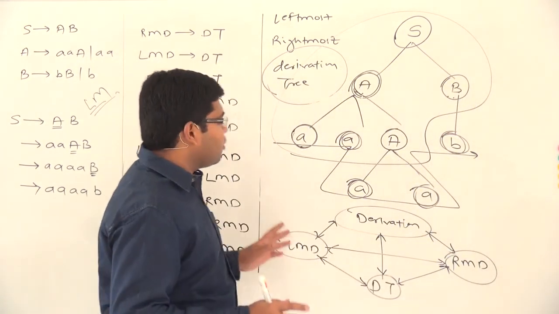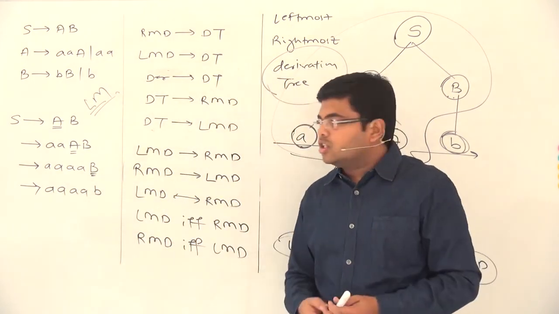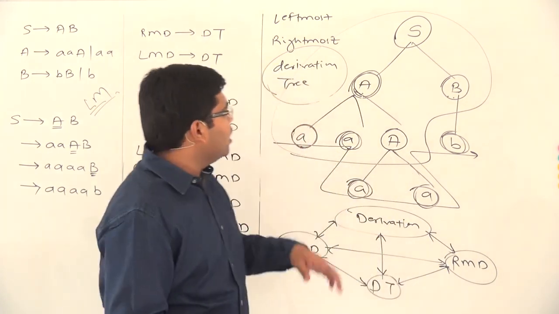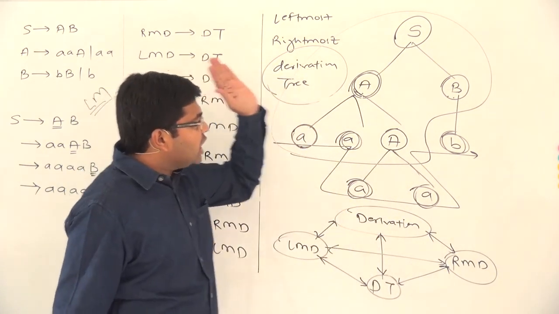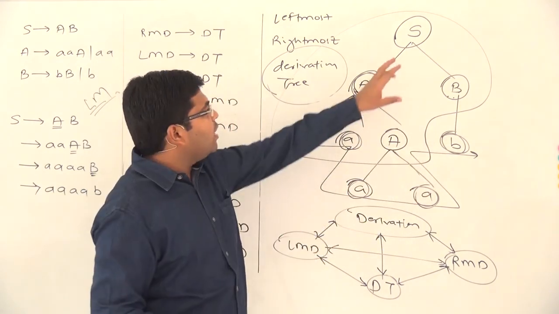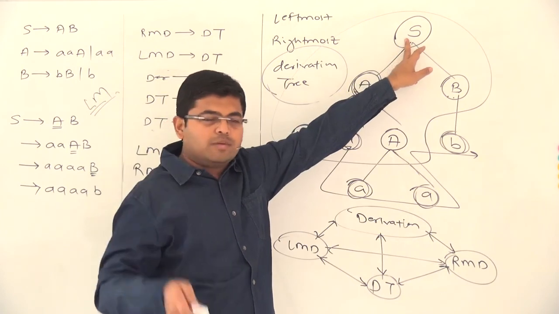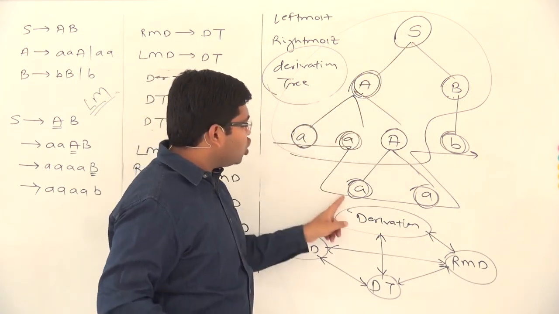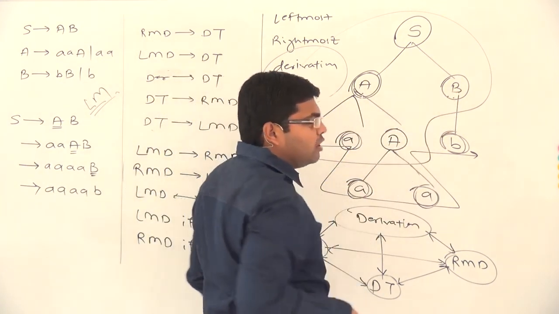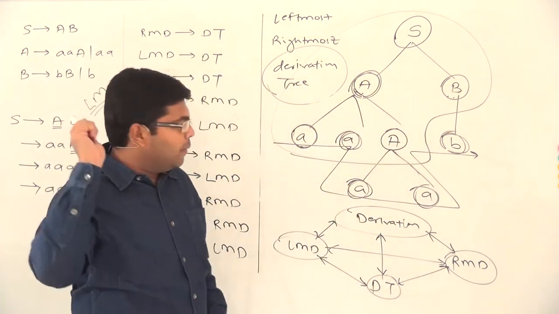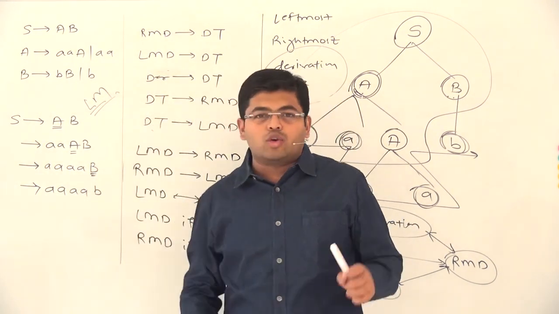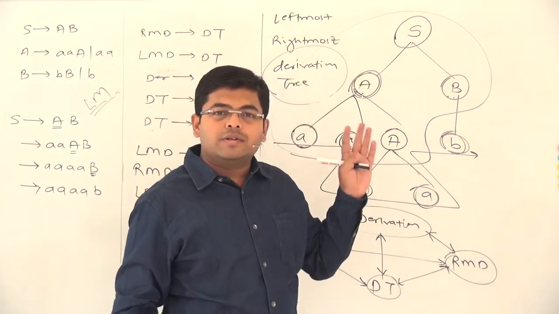So these are the important properties about the derivations. You should remember what we mean by LMD, what we mean by RMD, and similarly you should understand the structural properties of a derivation tree. And something important: the root of the derivation tree will always be the start symbol. The leaf nodes of a derivation tree will always be terminal symbols. The internal nodes of the derivation tree will always be variables in the grammar, and whatever type of derivation you write, you are going to get the same derivation tree.